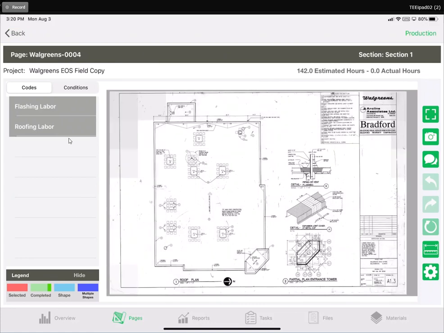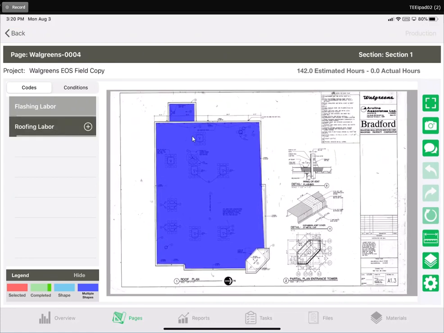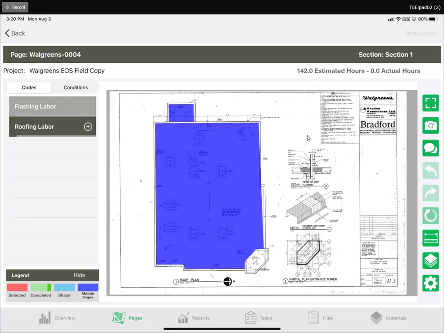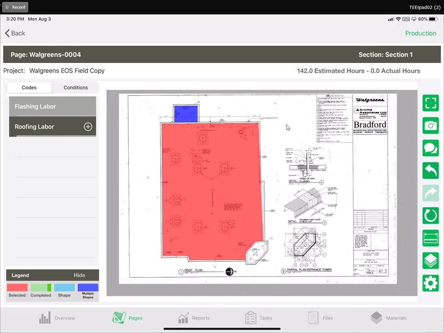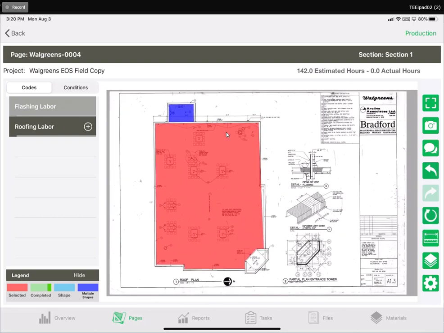And here we are. And if we tap roofing labor, we're going to see the area shapes drawn in the takeoff for this page here. So let's do some more practice and go through our tracking quantities, which will work the same way for area shapes, just looking a bit different. If we tap this shape once, it'll turn red. And if we tap it a second time,